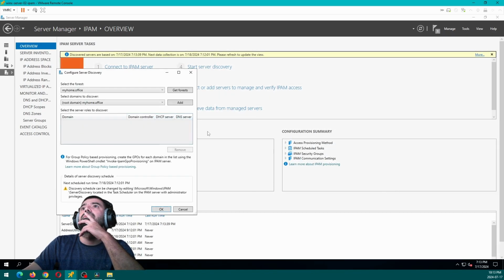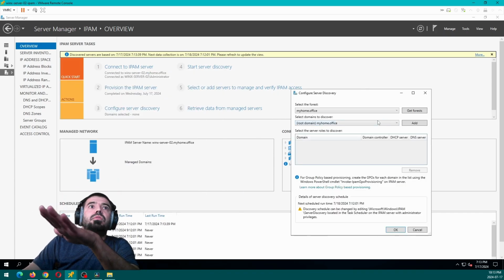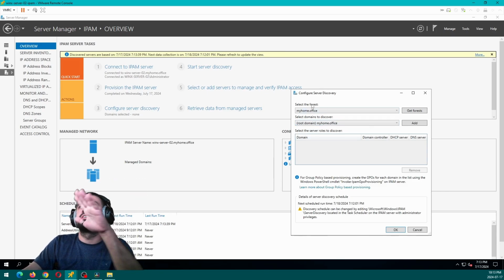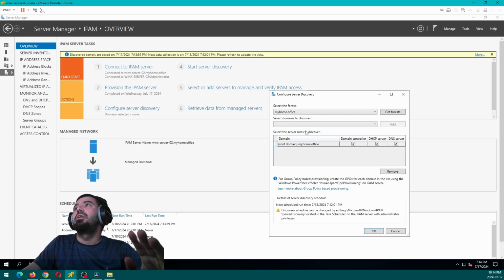Make it start the scan. Once it completes the scan, cancel out, and then click on configure server discovery again, and it will give you the option to select the forest and then which domain it wants to discover. Under select domains to discover, select which one you want to do, click on add, and under server roles to